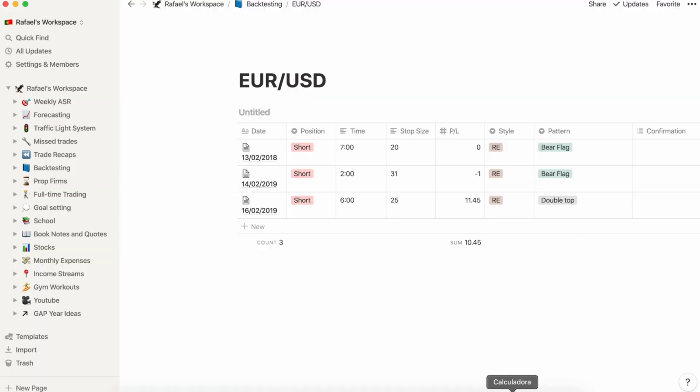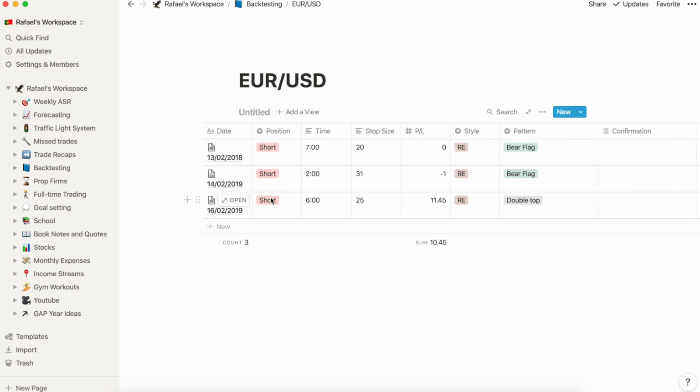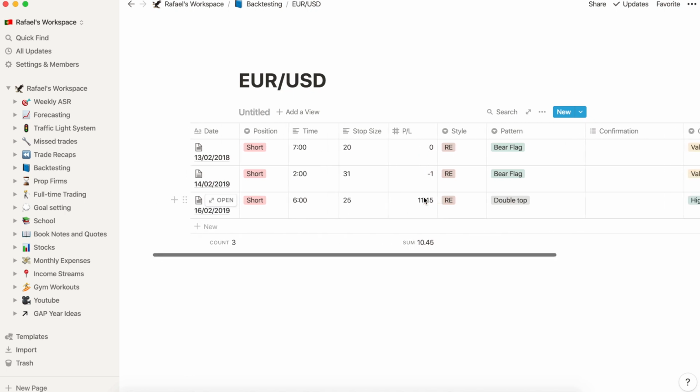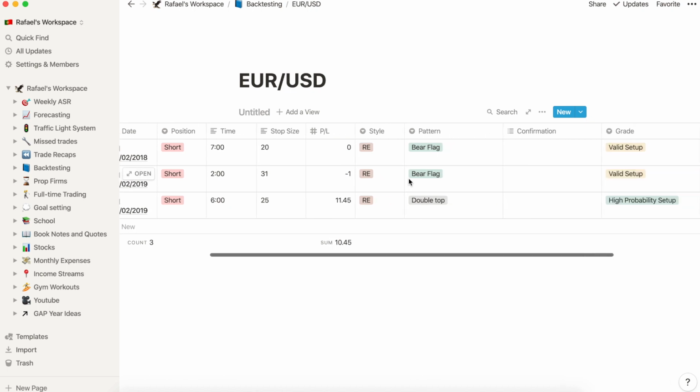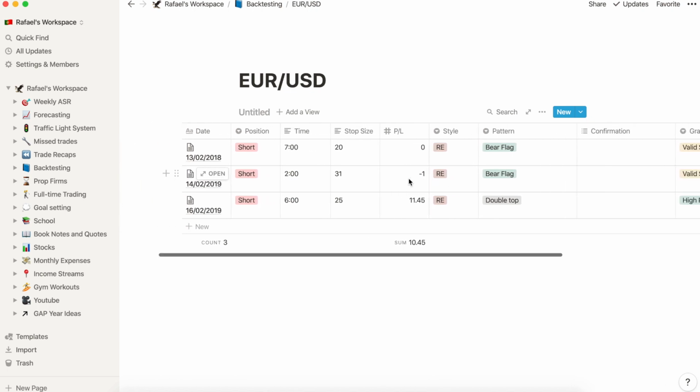So guys, as you can see, I have just finished my backtesting. I took 2 more trades, which were both of them short. One of them resulted in a loss and another resulted in an 11% trade, which was really good. Both of them, I enjoyed both of them. So now that,